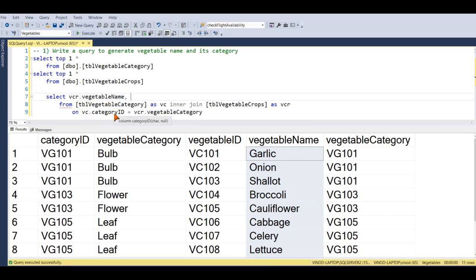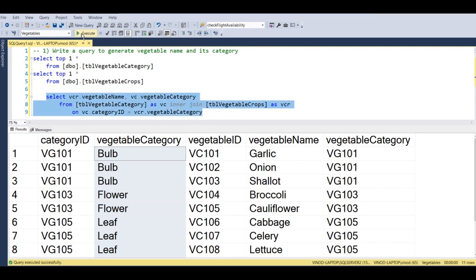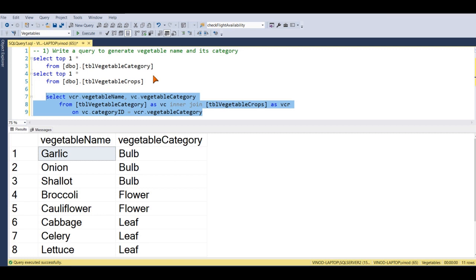Now what is the next column we want? Category. Where is vegetable category? It's in VC. So VC dot vegetable category. If you execute this statement, you will get the output as vegetable name and its category. Garlic category is bulb, onion category is bulb. Similarly, cauliflower category is flower.